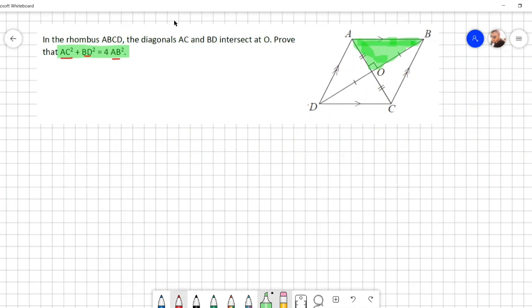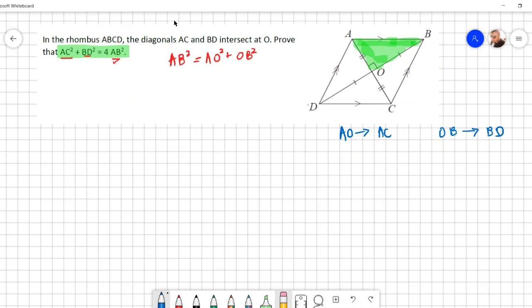And in this one, I can apply Pythagoras theorem. That would be AB squared equals AO squared plus OB squared. And AB, okay, now when I do that, I am getting AB, which I need in my answer. But I need AC and BD. Instead of that, I have got AO and OB. So I have to think for a moment. I don't want AO. I want AC. I don't want OB. I want BD.